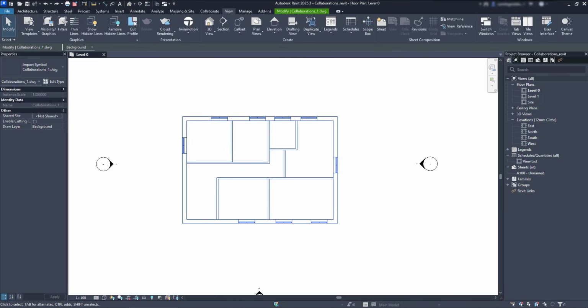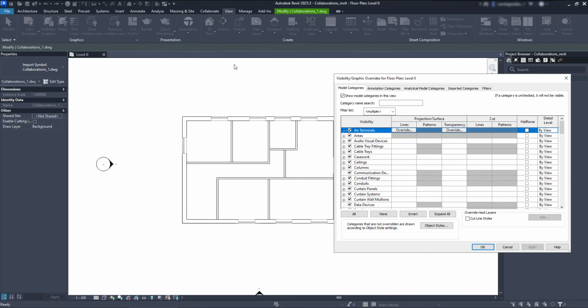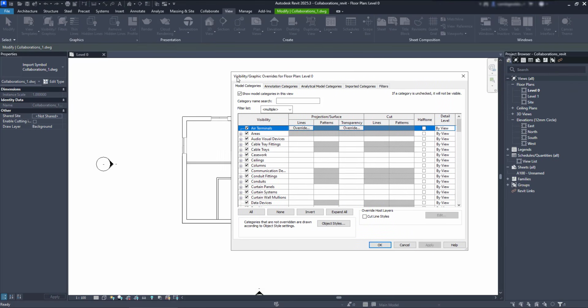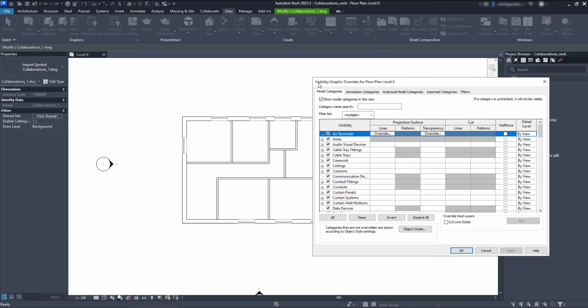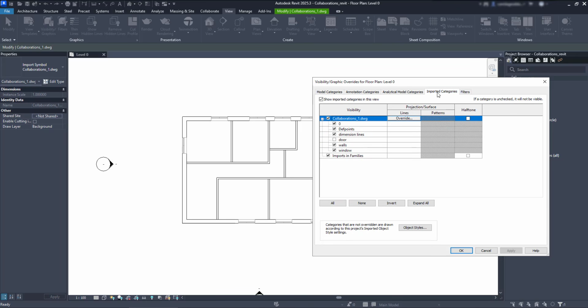First, let's go to the View tab and open the Visibility graphics. Here we can override the default visibility of colors or patterns of model elements. I'm going to click on Imported Categories, because it's where we can find the linked CAD file and its layers. Now, the door layer was previously hidden, and I'm going to check this box and click on Apply to turn